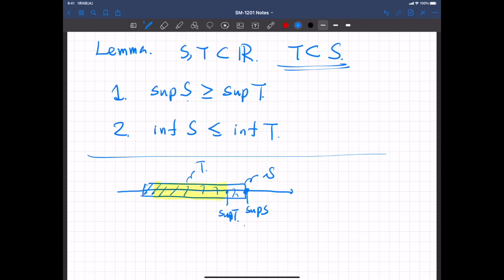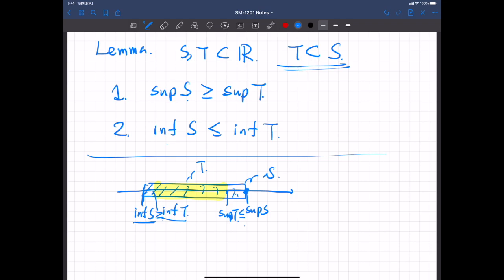And similar for infimum. So the infimum of S is somewhere here, and the infimum of T is somewhere here. So the infimum of S is less than or equal to the infimum of T, right? But of course, in general, S